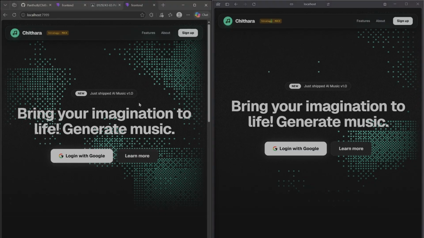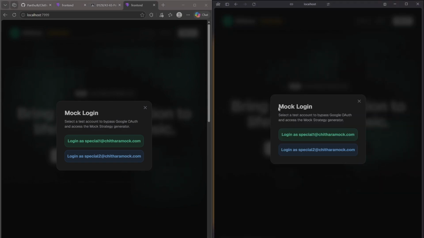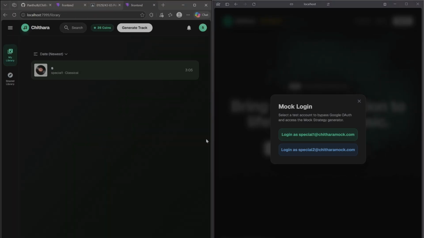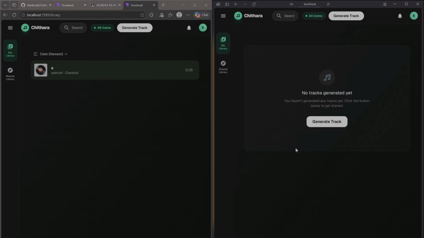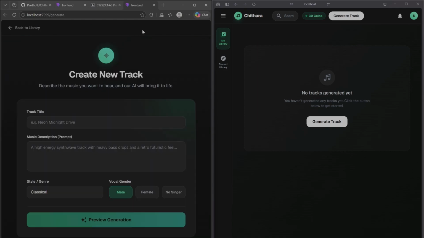After switching to mock strategy, it will bypass the login with Google, and you can directly log in with the email that we apply as the user role of the mock user in our database. So as you can see, when you click, it will bypass our Google OAuth. It works similar to the normal user. You have your token, generate tag, your user profile, your shared library. So most of the system is all the same. The only difference inside is the generate tag.